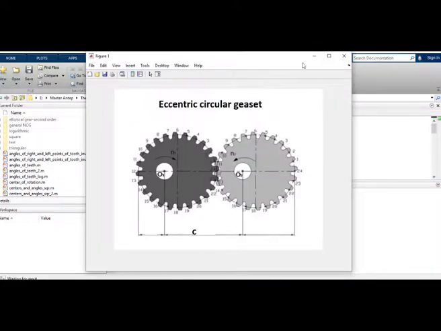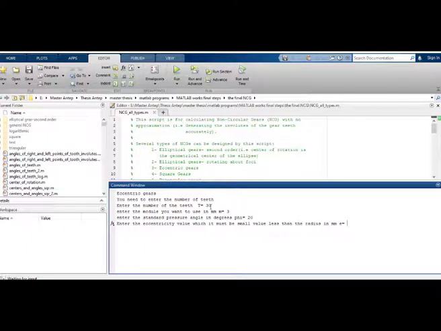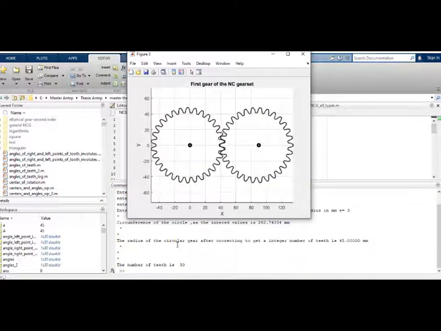First of all, we need to enter the needed inputs, the radius of the gear R and the eccentricity value E, which are essential for designing the centroid, in addition to the module M and pressure angle phi, which are essential for designing the teeth profiles. The MATLAB code software will correct the radius R and calculate the number of teeth, which must be an integer number.